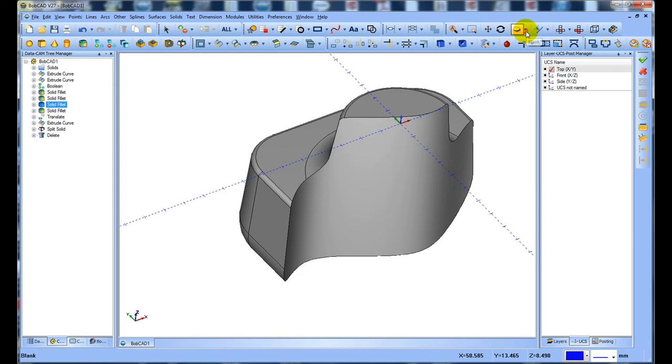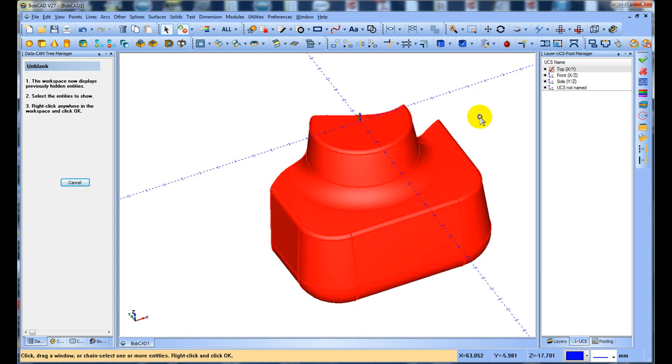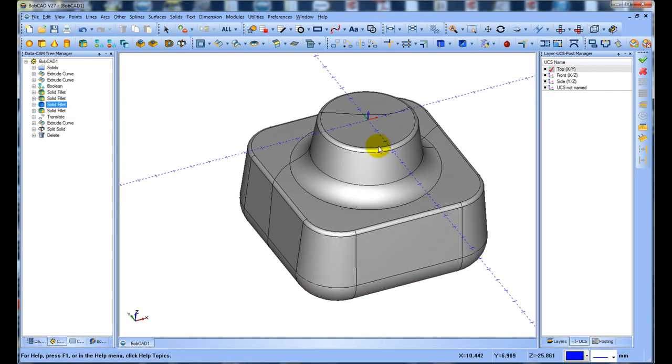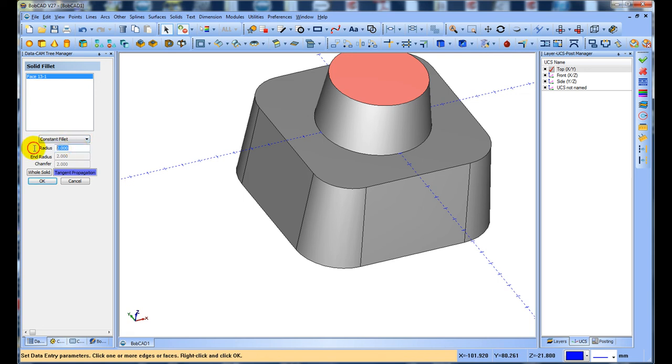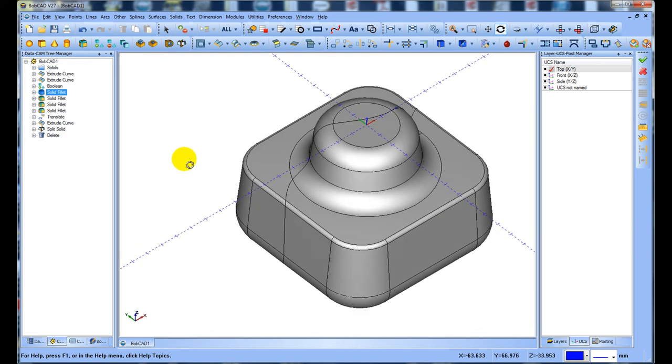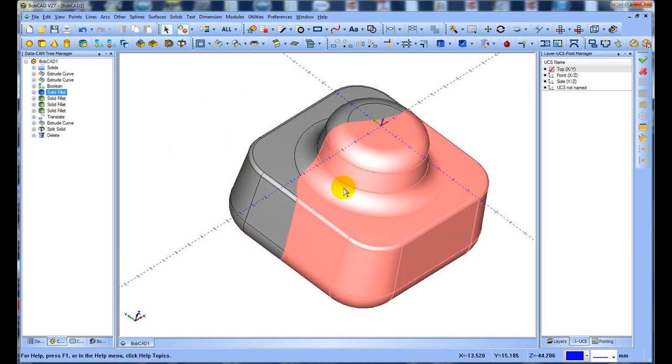Now if I unblank the other half, you can see everything's been amended, even though they're in 2 separate halves. If I select that's one half, that's another half, cancel. If I go back to this one at the top here and we edit it, put it back to a 10mm and select OK, you can see both halves of the tool, even though they're individual, are amended at the